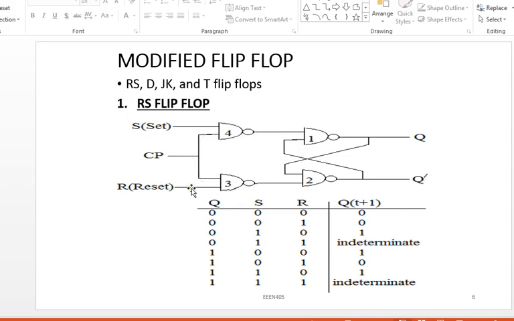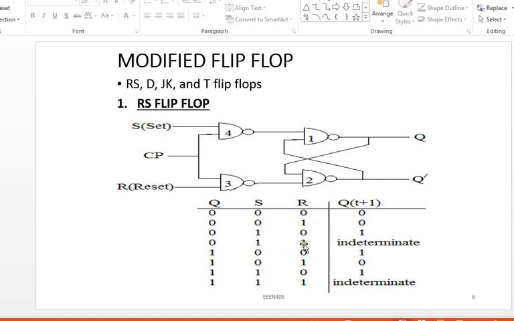And if my R is 0 and my S is, clock is 1, the output here should be 1. Since I have 1 here, but here I have 0, regardless of what is coming as the feedback, this 0 will make the output of gate 1 equal to 1, as you can see here. Now if you go to the next condition where your S and R are all 1 1,